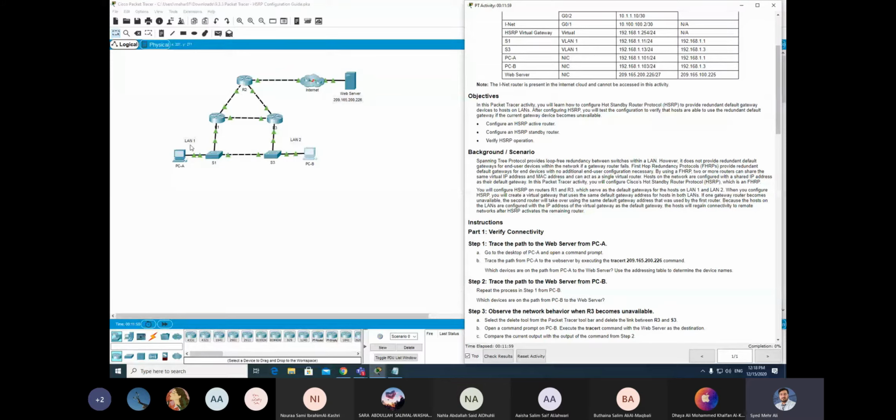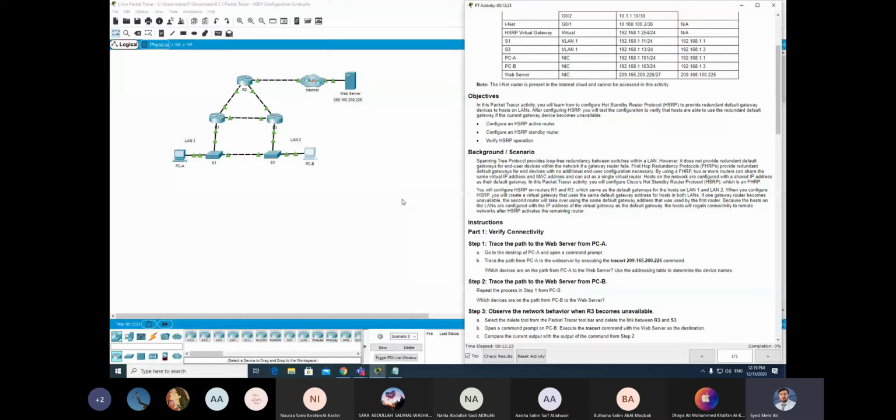When you configure HSRP, you will create a virtual gateway. It is not physical, it will be a virtual gateway that uses the same default gateway address for the hosts in both LANs. So it will be the same default gateway for PCA and PCB. If any one gateway router becomes unavailable, the second router will take over control and use the same default gateway address that was used by the first router.